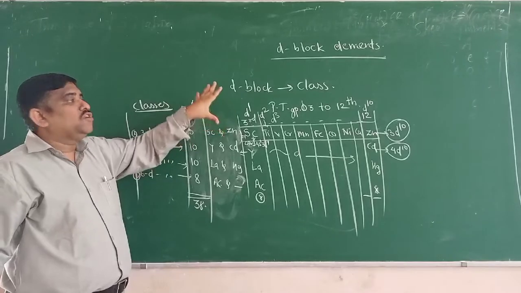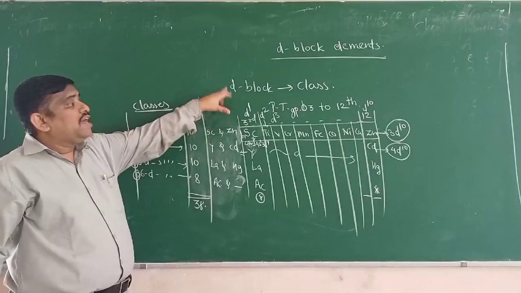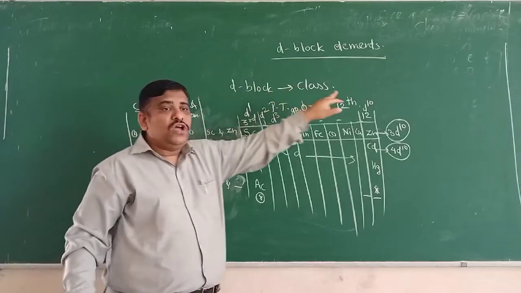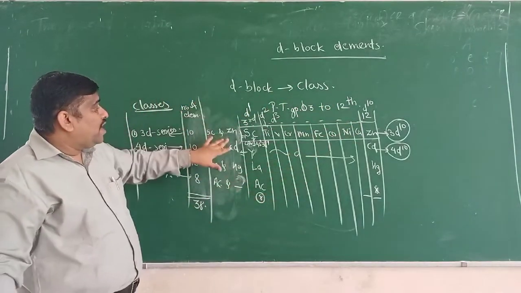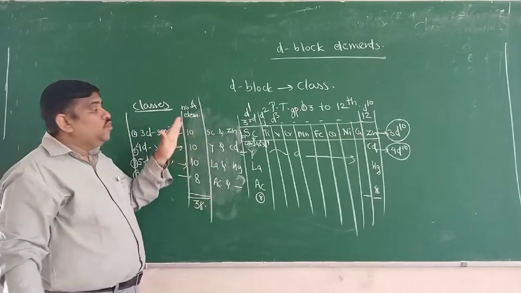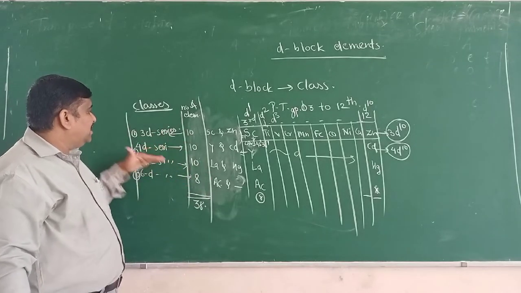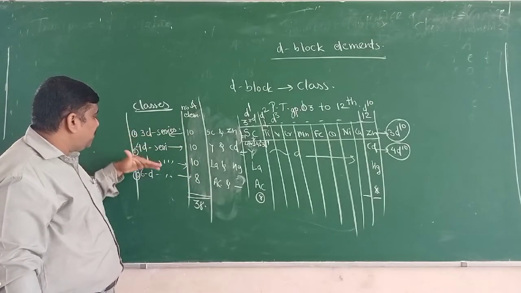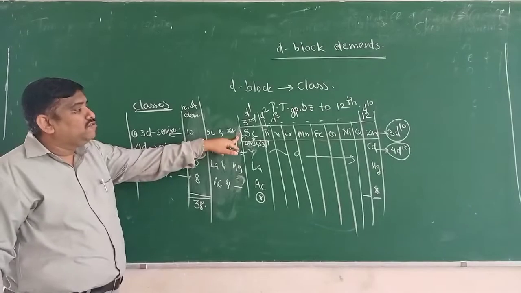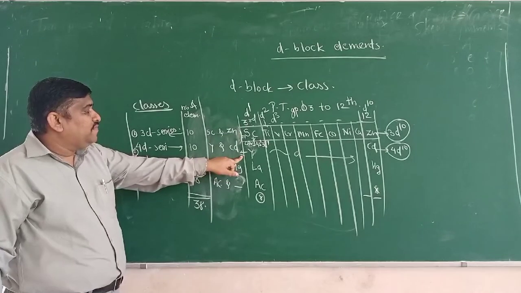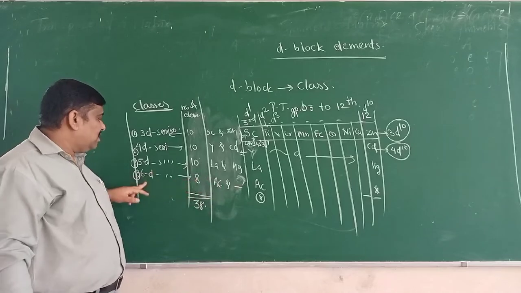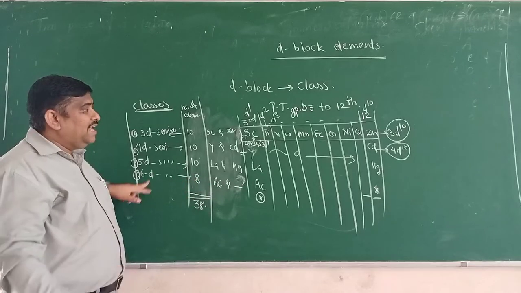So what important points are you going to remember for this classification? Already you know the position of the d block elements in the periodic table, that is from 3rd group to 12th group, and from the 4th period to 7th period. Now you are going to remember the classification: 3d series elements, 4d series elements, 5d series elements and 6d series elements. Here first scandium to zinc is 3d, yttrium to cadmium is 4d, lanthanum to mercury is 5d, actinium and onwards is for the 6d. And you got the reason.